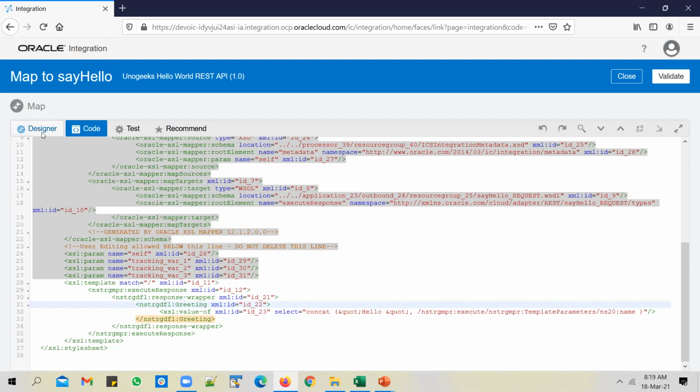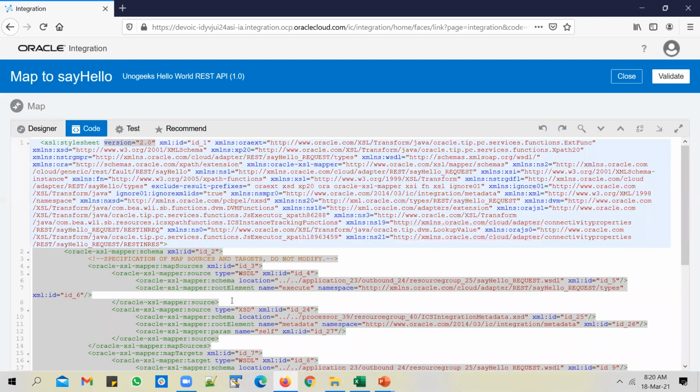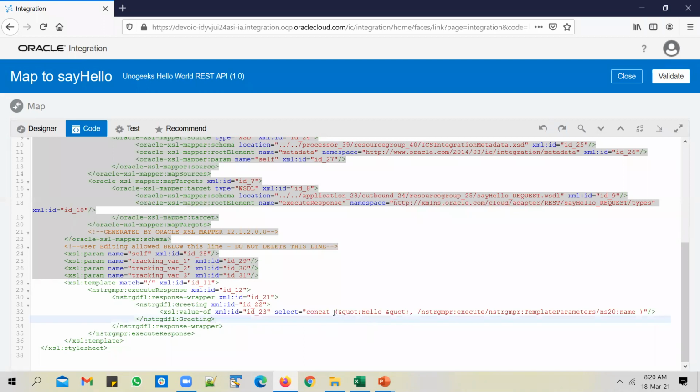Typically when we build integrations in real time as well, we do the mappings using designer mode. And as you do it, a code gets generated automatically in the background. And if you want to change something, or if you have an XSL file ready, you can use that as well to do the mappings. Say, for example, I change this from hello to hey.